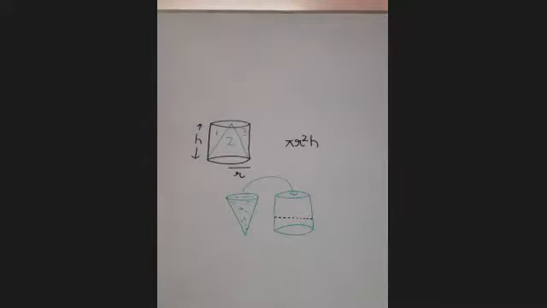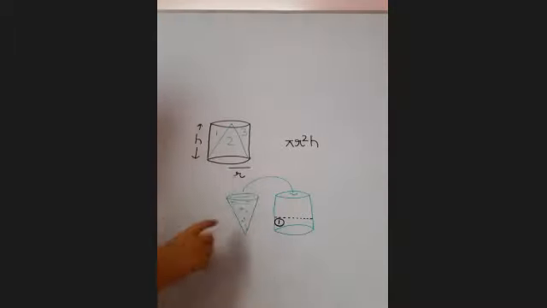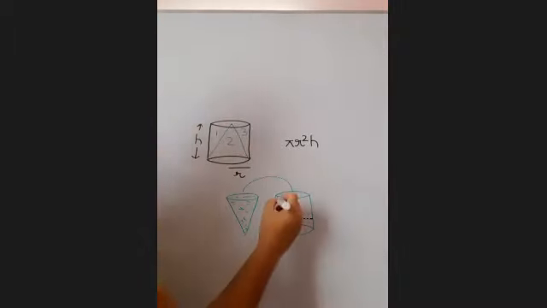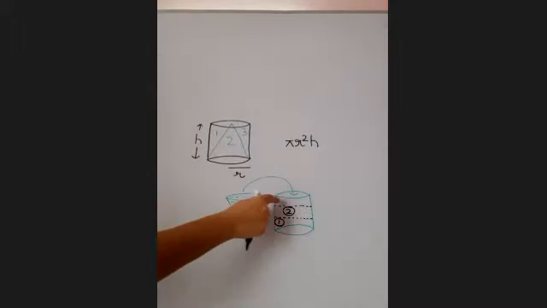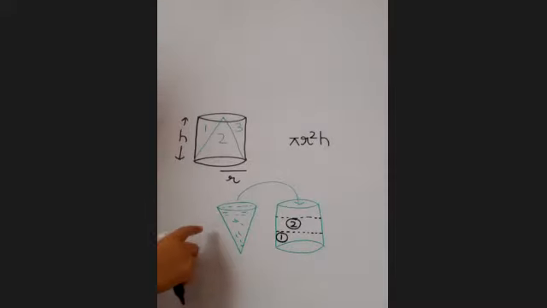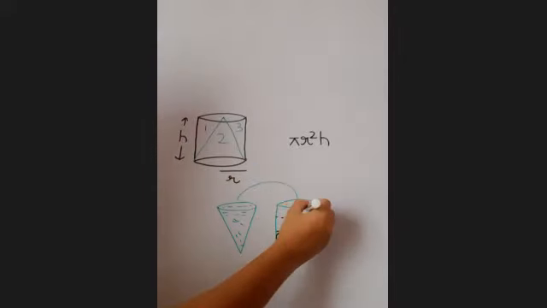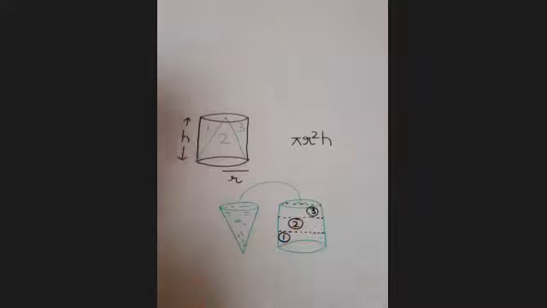The first time, it came till here. Then I fill the cone again and transfer the amount into the cylinder. So the cone gets filled till here. Since there is more space available, we will fill the cone again with water and pour the water into the cylinder. And we will find that the cylinder gets filled till the top.